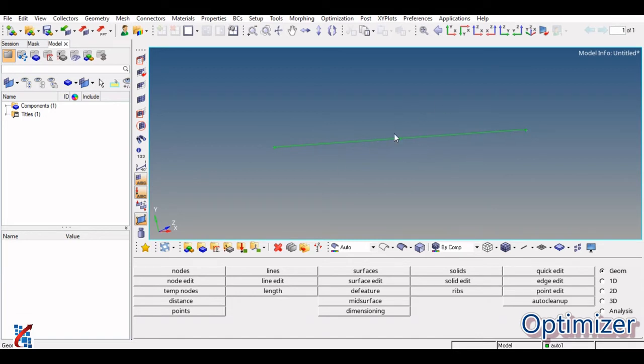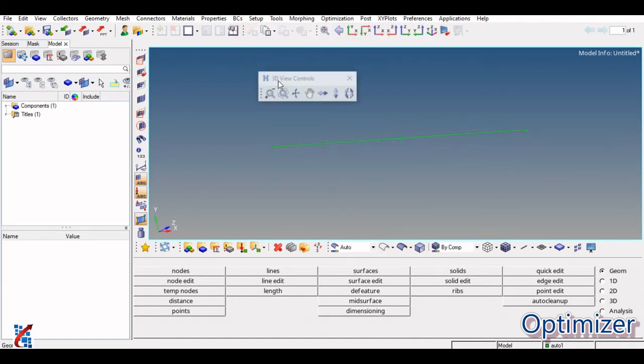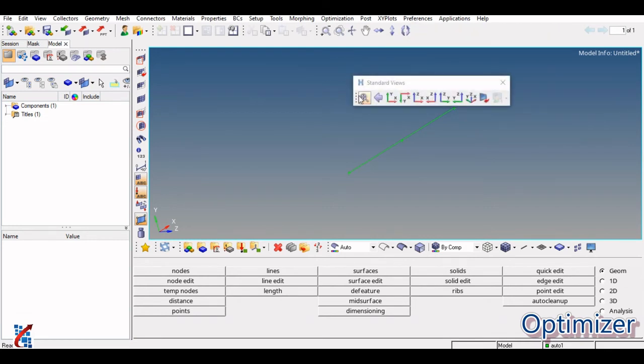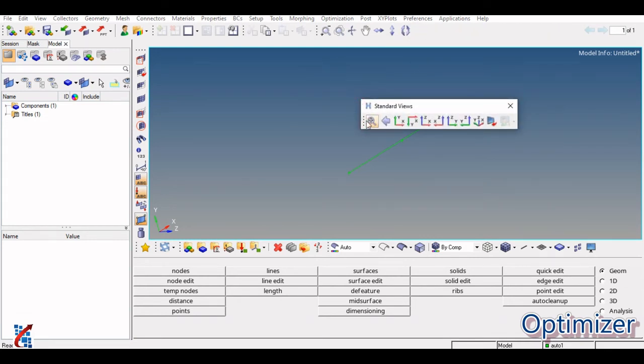So the same process you can do with these toolbars also. This toolbar name is called as 3D view control. If you just see, this is for zoom, if you click on this left mouse button, then it is zoom in. Right click is for zoom out. This one is for rotation. This is for pan. So this is how you can use this control with these toolbars also. If you want to drag the toolbars down, you just need to click on this dotted portion and drag down like this, and again you can place it like this. Otherwise you just double click on this one, automatically it will be placed like this.